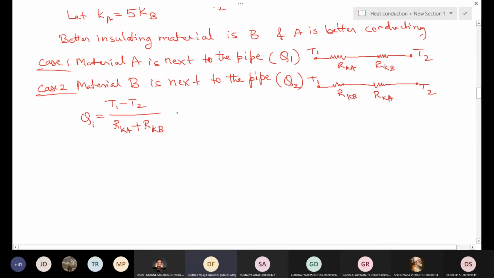So what is this RKA and RKB? You can substitute T1 minus T2. Okay, maybe you will be confused because this will be so. So RKA will be ln